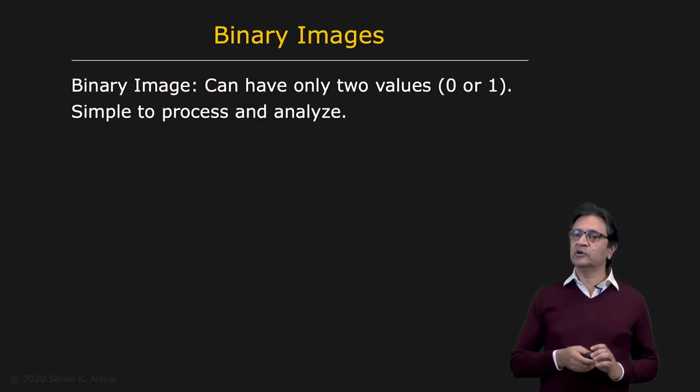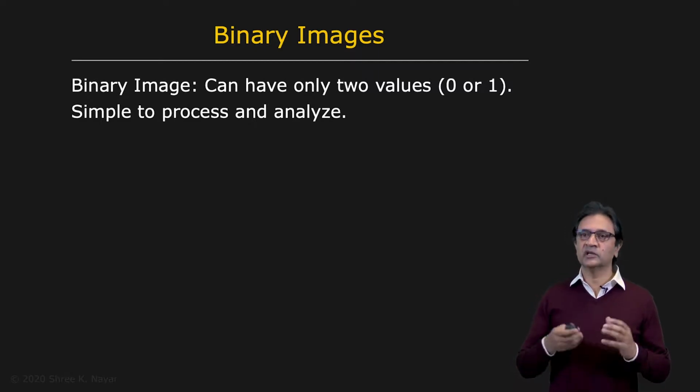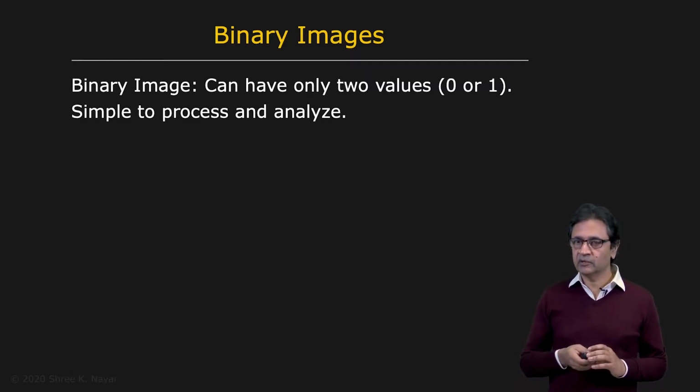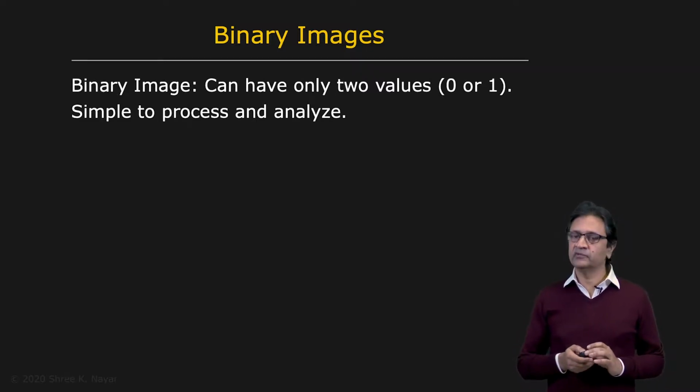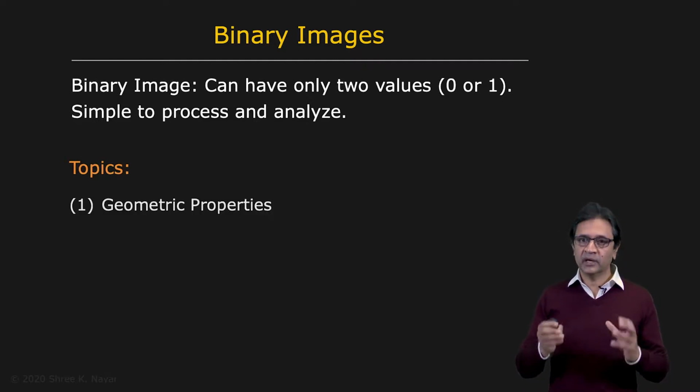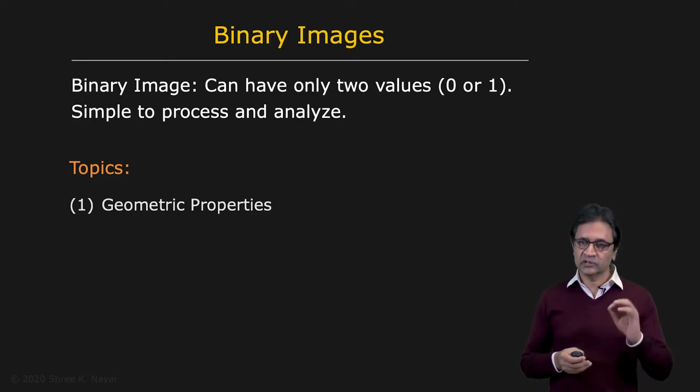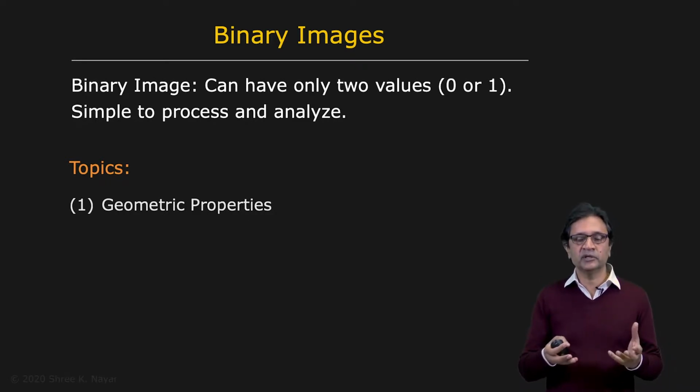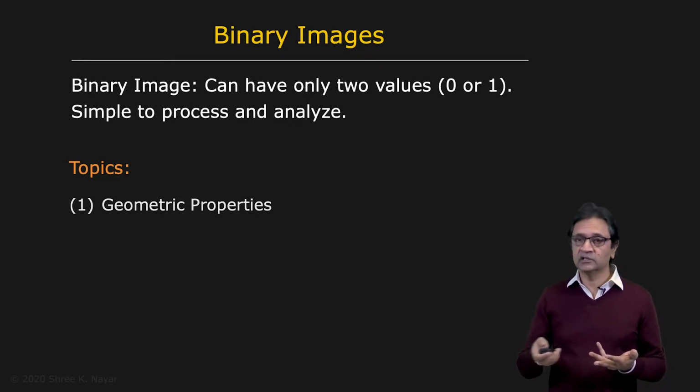So, we're going to be talking about, in this lecture, the processing of binary images. Like I said before, a binary image can have only one of two values, 0 or 1. And so first we're going to be talking about geometric properties of a binary image of a single object. We're going to start with just one object and say what are the properties we can compute from its binary image that allow us to figure out where it is and what its properties are, which are invariant to translation and rotation, so that we can distinguish the object from other objects, that is recognition.